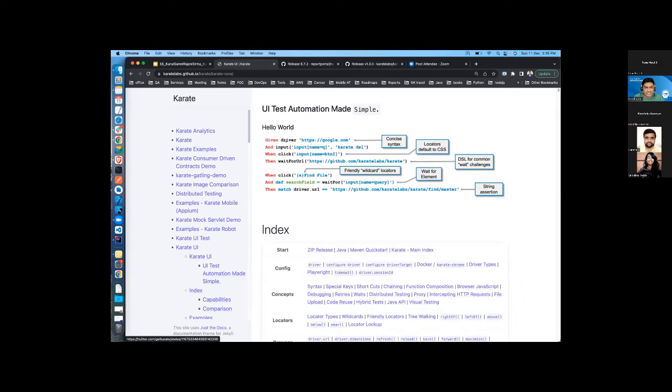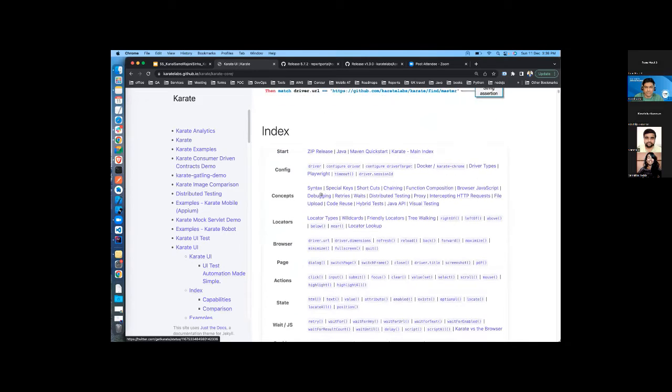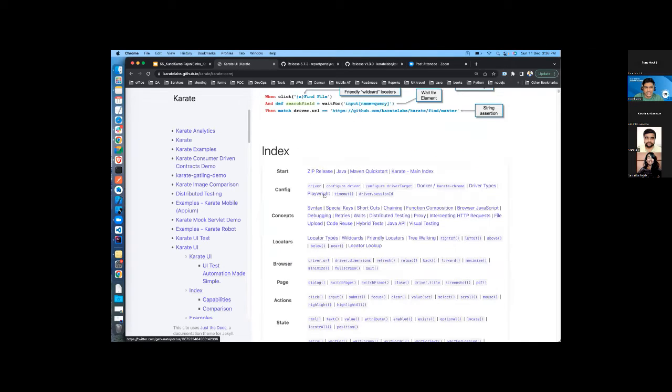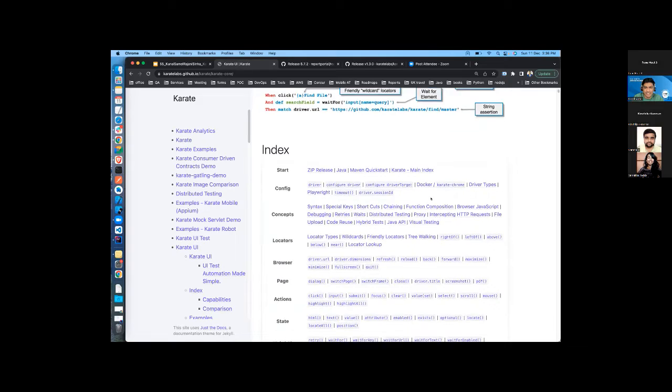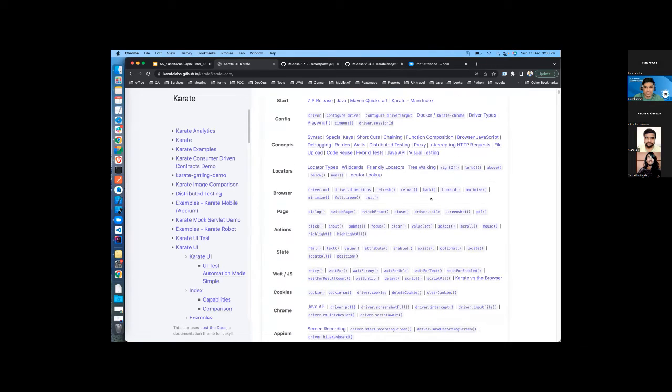These are the keywords which Karate brings in handy, and which are very relatable when you say when click, or then wait for URL, and then click, and you have assertions here. I'm very glad that the documentation is well maintained.